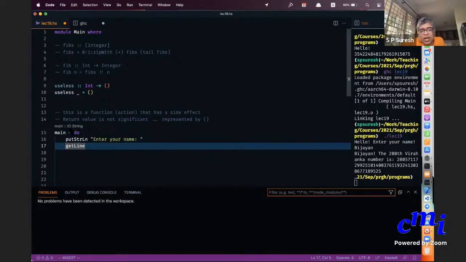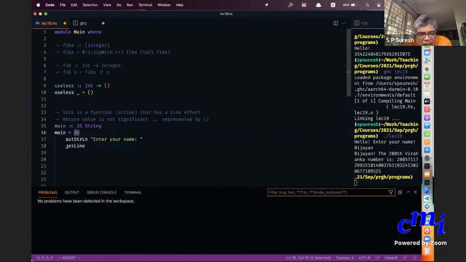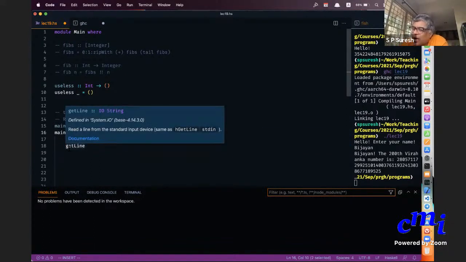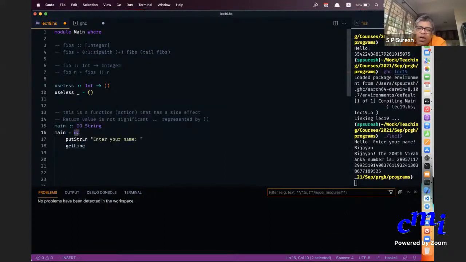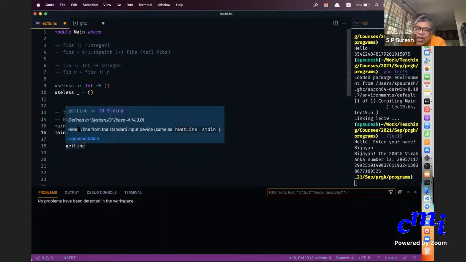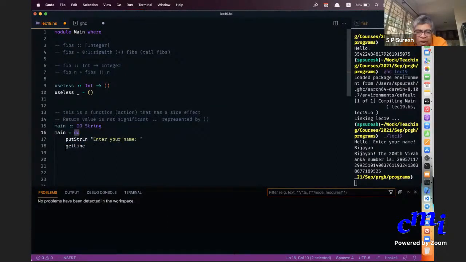In this case, the type of main is IO String, you see. The point is the type of main, or the type of any do block, is the type of the last action. That is the rule. If I have a do block, the type of the overall do block is the type of the last action. Main is this do block, so the last action is getLine, so it is saying IO String. But we want to go beyond.